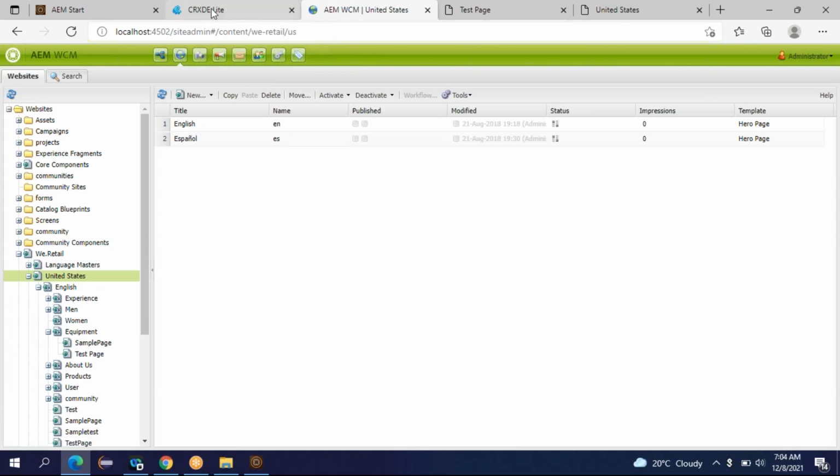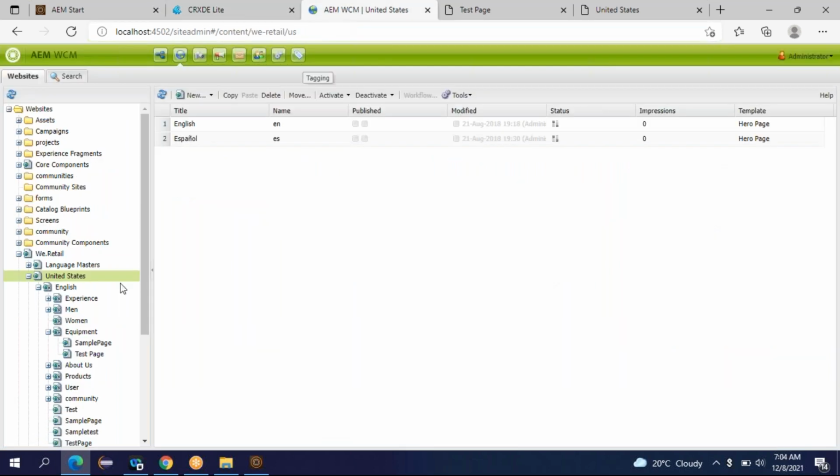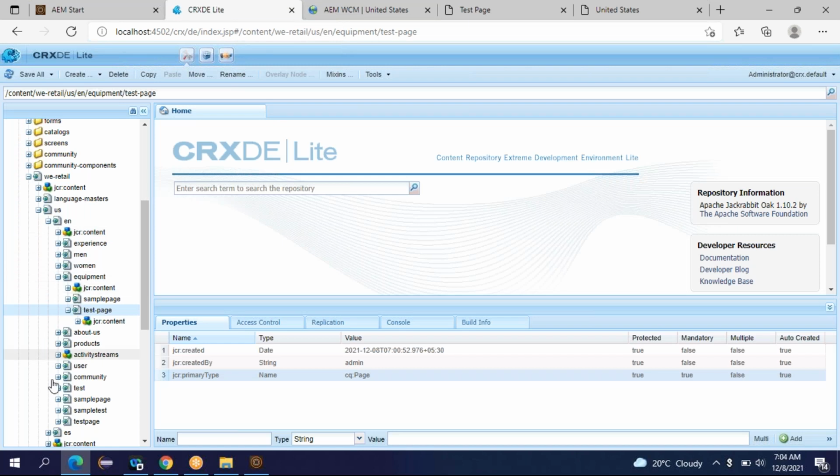In CRXDE, you will be able to see the names, and in the site admin console you will be able to see the titles. Even if you click on that, you'll be able to see the names here also.